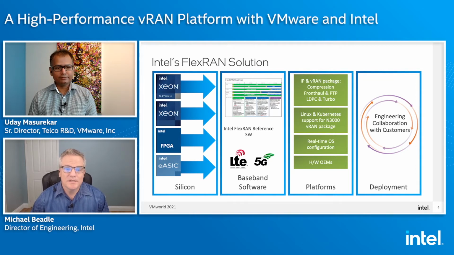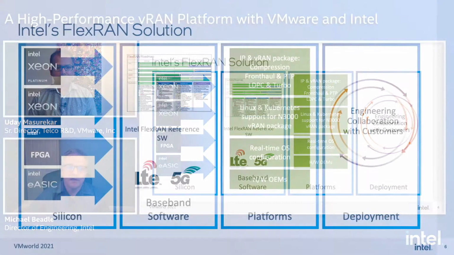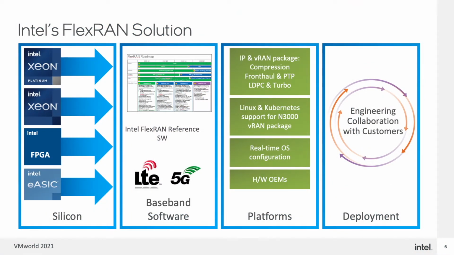First, just some context on FlexRAN solutions. So what is that? It's a hardware and software reference implementation that enables customers and partners to implement vRAN solutions on Intel silicon. That includes the CPUs, typically accelerators, whether that's FPGA or eASIC based, and NIC cards. And then the software piece of that is reference software that is fully featured and based on 3GPP standards for LTE and 5G. It serves multiple purposes.